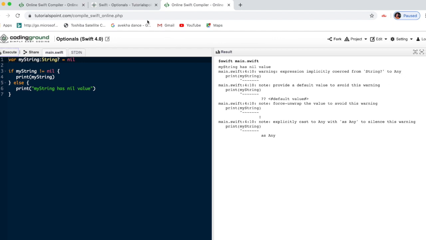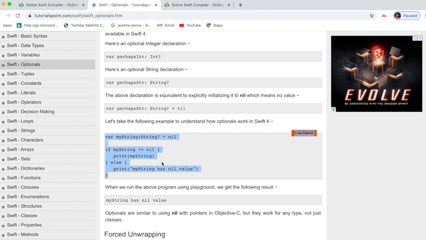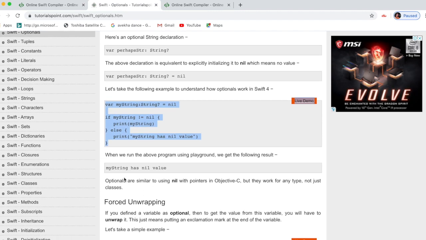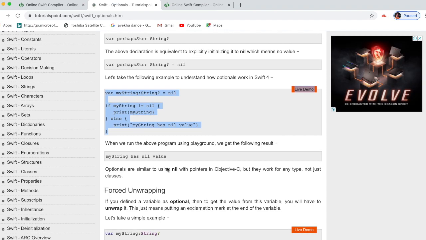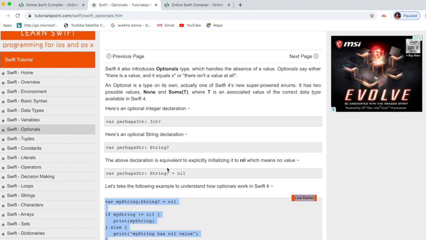That is the main thing it is mentioning here. It's showing that my string has nil value.